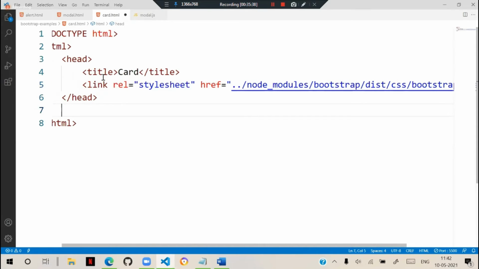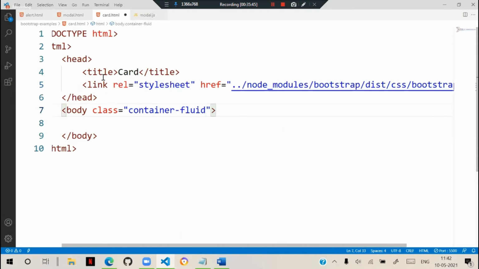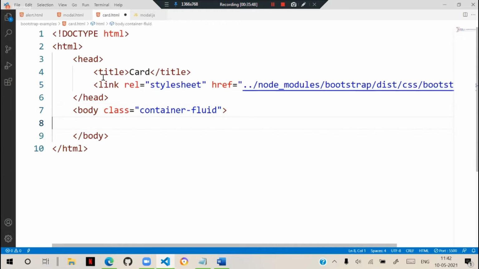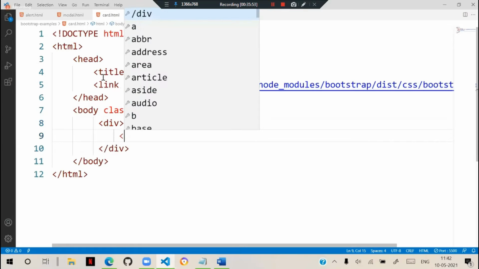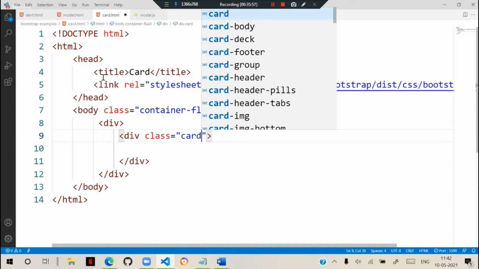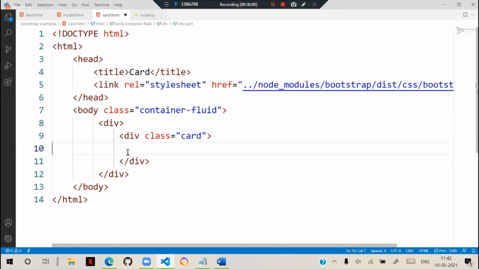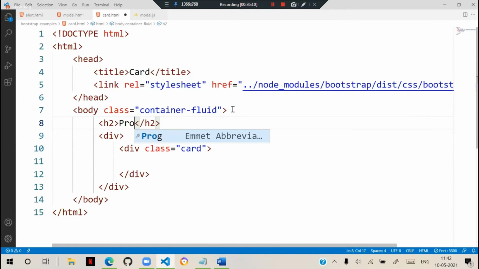And let's design the body section. Okay, so container-fluid. And here we are defining the option like card. So we will keep a div inside that, a div that is card. This is card, and in the card I just keep a heading here, a heading like cards. So products catalog, something catalog.